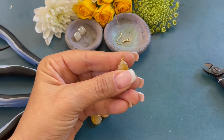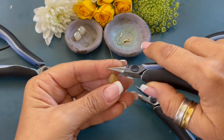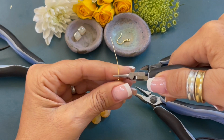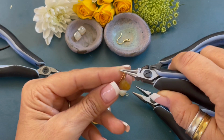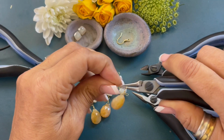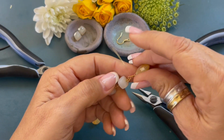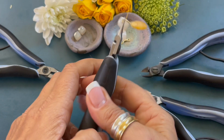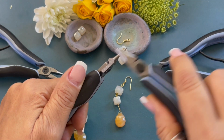the wires down. Now we're going to form a partial wrapped loop. We're going to place our round nose pliers right about there. We're going to bend the wire back, move the pliers up, bend the wire towards you, move the pliers to the side, bend the wire back, and we're going to remove it, and we're going to attach it to our previous loop, and we're grabbing it with our round nose pliers, switching hands,